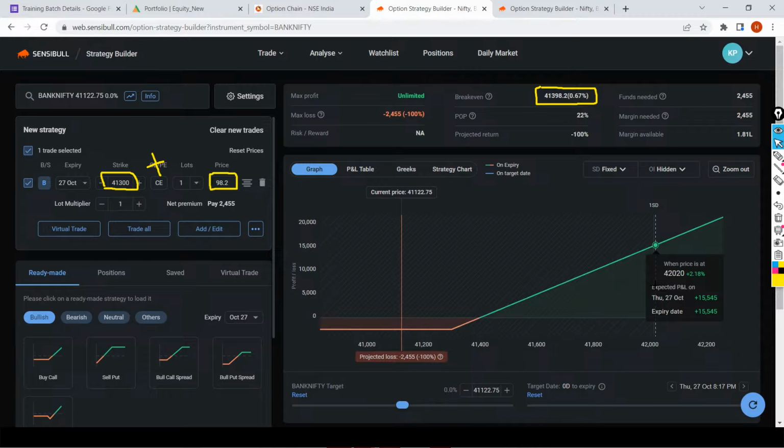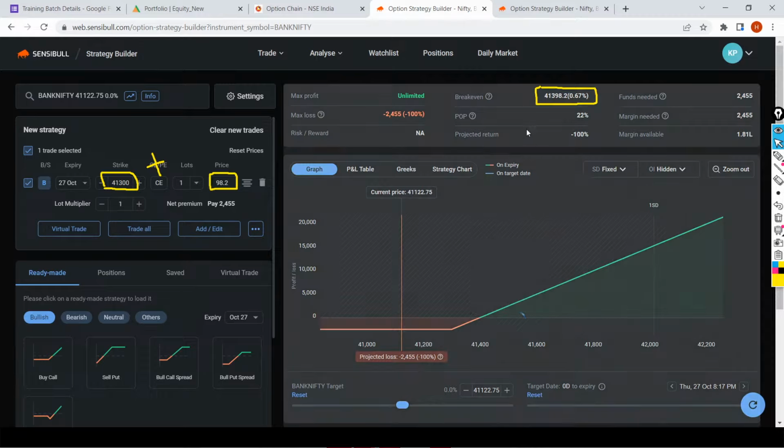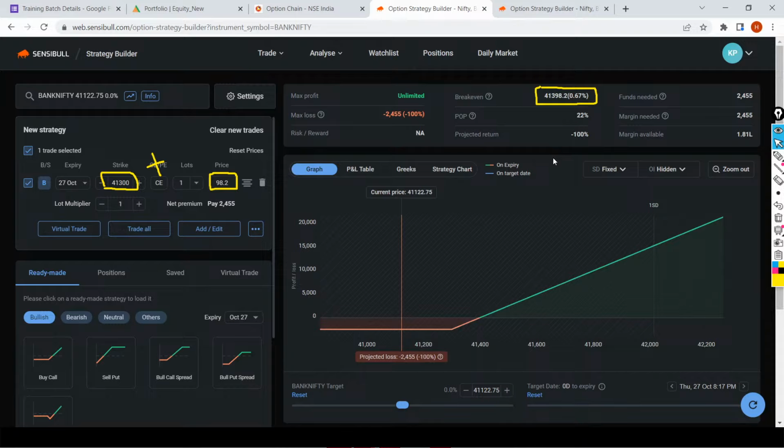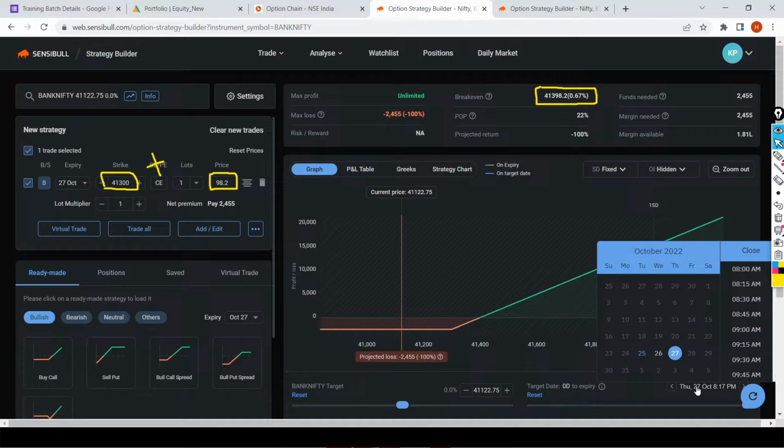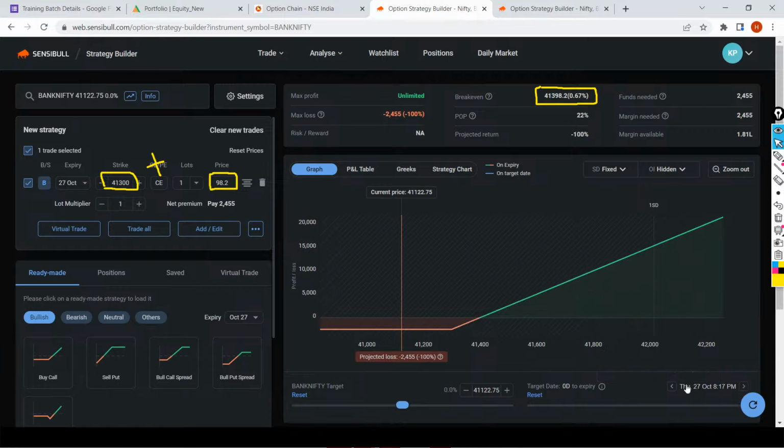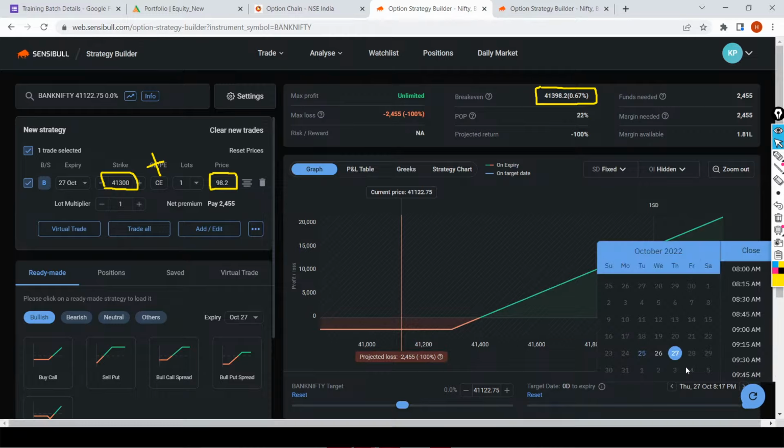But I think there might be some smart trader who will think that this is wrong. In a way, it is wrong to say that your profit will start only when the market breaks your break even. No. This is Thursday, I'll reset. I'll take you to today, because the payoff which is showing is by default calculating Thursday. So I'll get it to Wednesday, and back to Tuesday today. Now check the beauty.